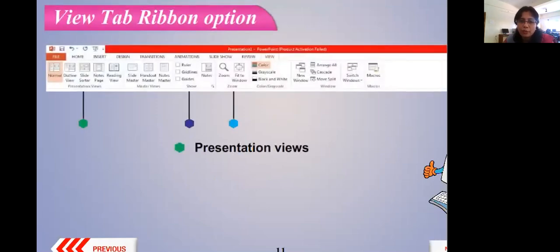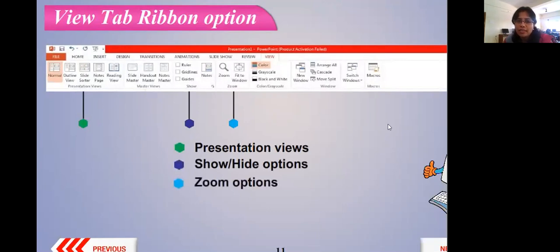Yes, we are now moving to the View tab on your ribbon options. Viewing is nothing but how your slide should be seen, correct? So here is how you want to see your slides. Is it in a normal, regular way? How does it look? Then you may want it in an outline view. You may want a slide sorter, in the sense of how the slides 1, 2, 3, 4 are placed next to each other.